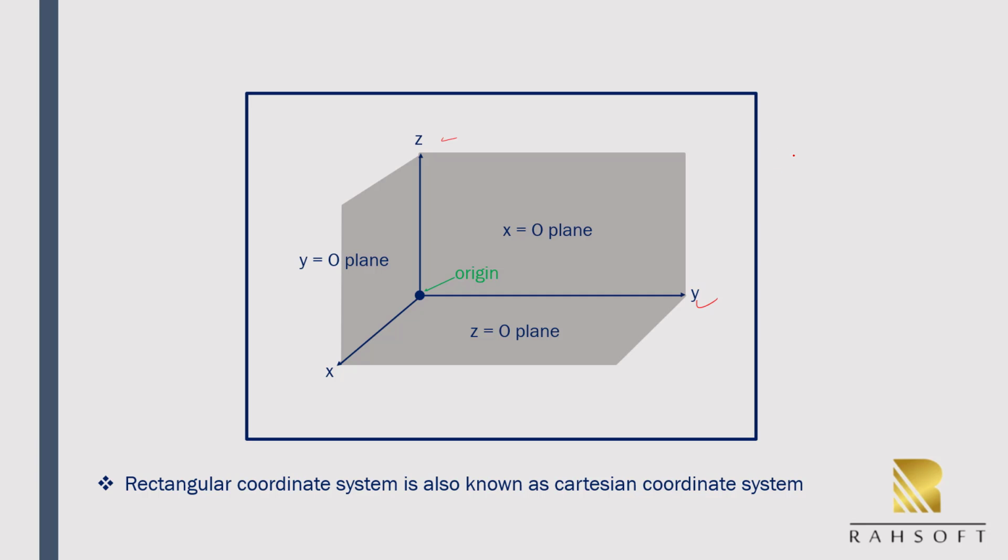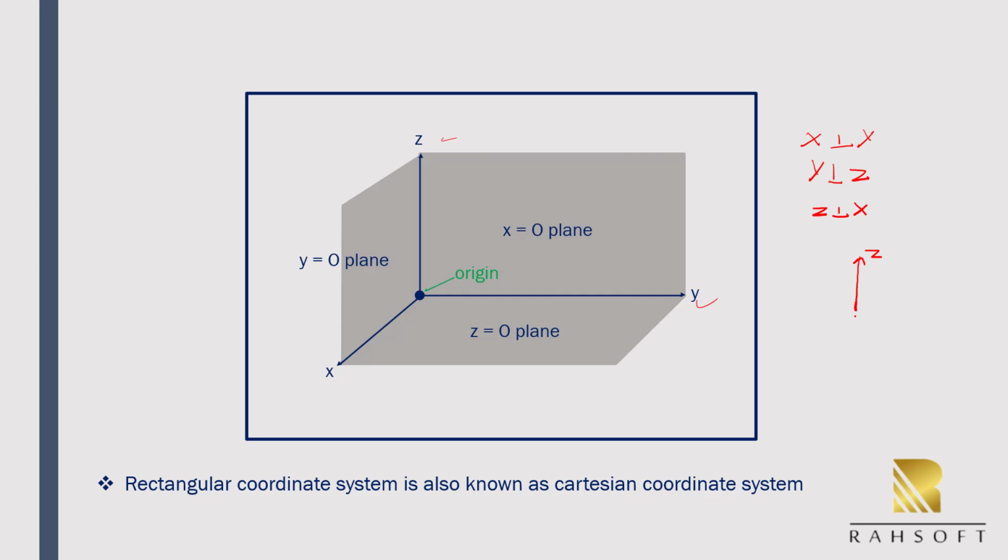So here the x-axis is perpendicular to y, and y is perpendicular to the z-axis, and z is perpendicular to the x-axis. So they are mutually perpendicular to each other. So the references are, you can say here,